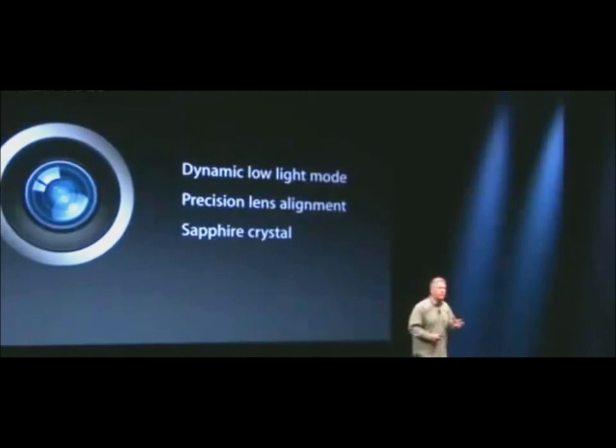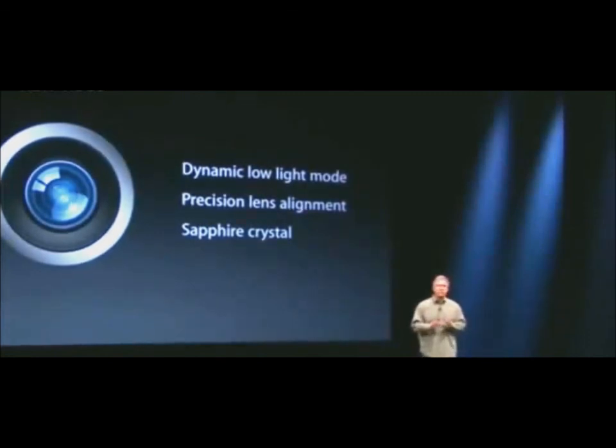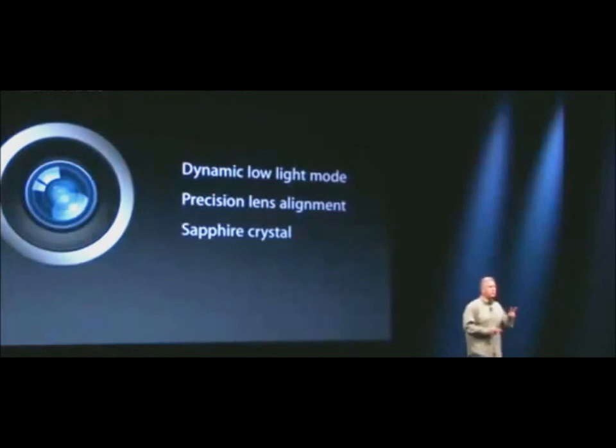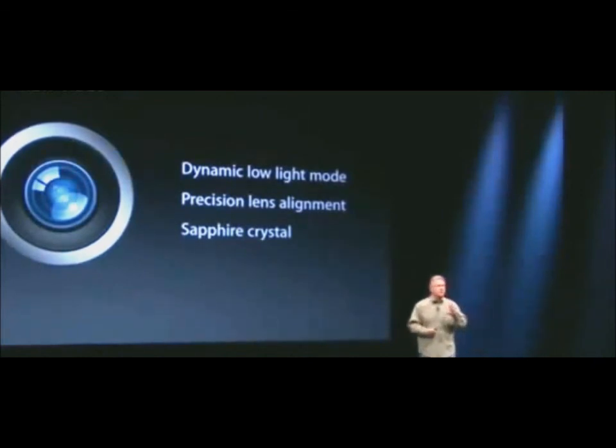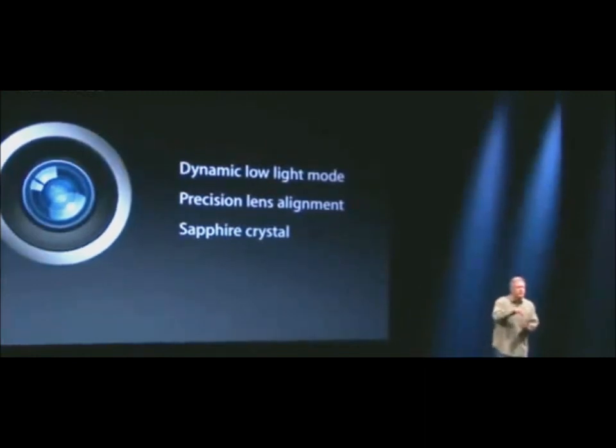A few of the examples of what it has now. There's a new dynamic low light mode. So when you're in low light situations, the ISP senses that and is able to combine multiple pixels together to give you up to 2 f-stops greater performance in those scenarios. And you really see the difference in your low light pictures. And this optical system has been amazing with this 5-element lens. One of the best ways to get a better, sharper image through an optical system is more advanced alignment of